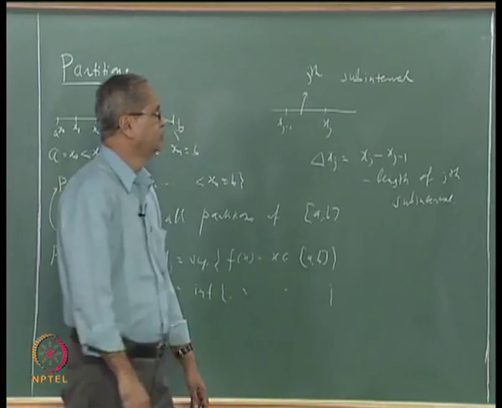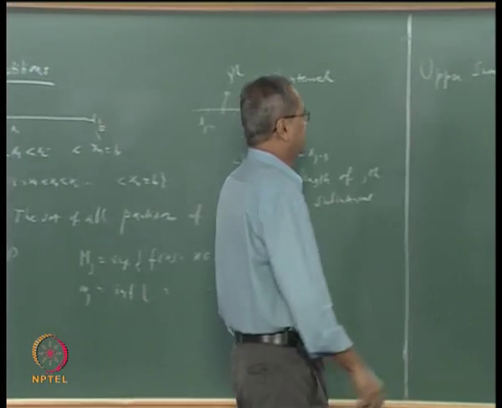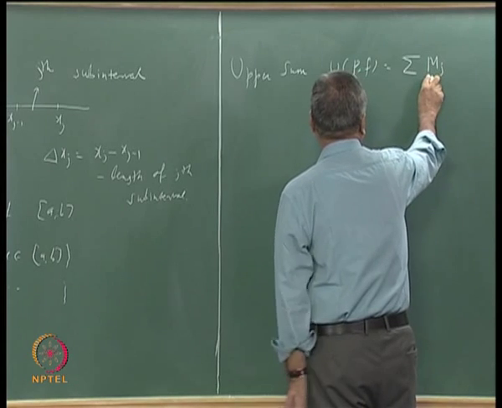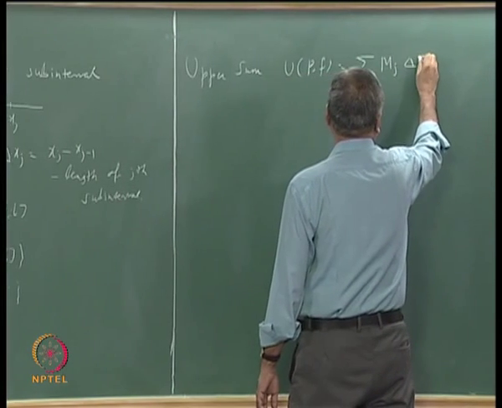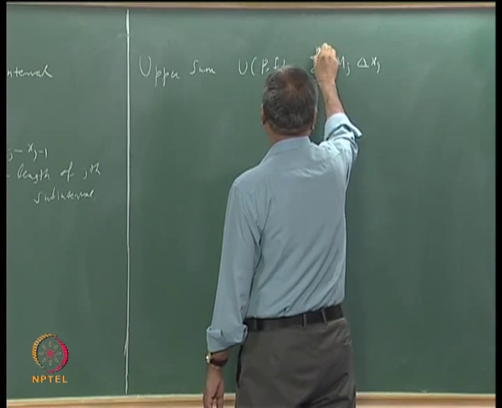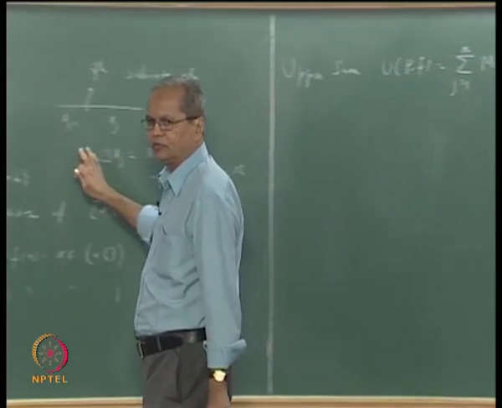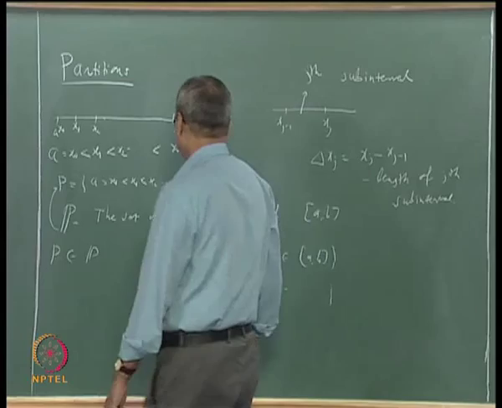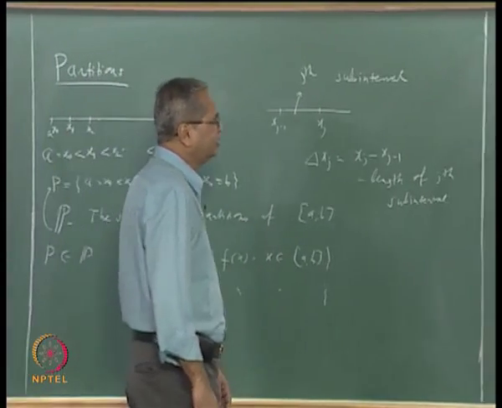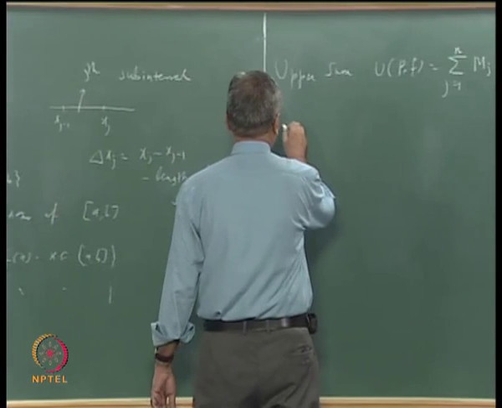Okay. So that is, you take this number big M suffix j, multiply it by the length of the jth subinterval and take the sum over all such subintervals j going from 1 to n, that is called the upper sum. Okay. Then similarly one can define what is meant by the lower sum,